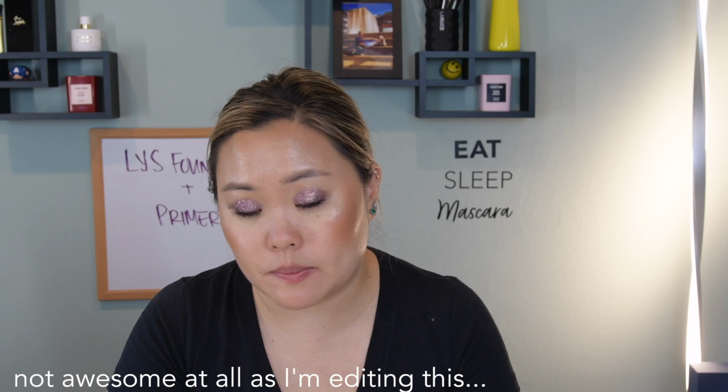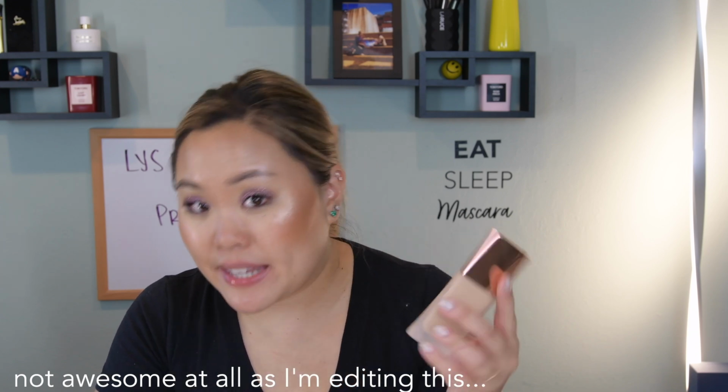It definitely looks, and I'm just checking in the mirror really quick, it looks kind of patchy, it looks a little bit oily, but I wanted to show you guys how it looks at the 10-hour mark. And under these bright lights, I imagine it looks okay, but probably not awesome. And so, yeah, I don't know. I don't know if I would actually recommend this foundation to anyone,